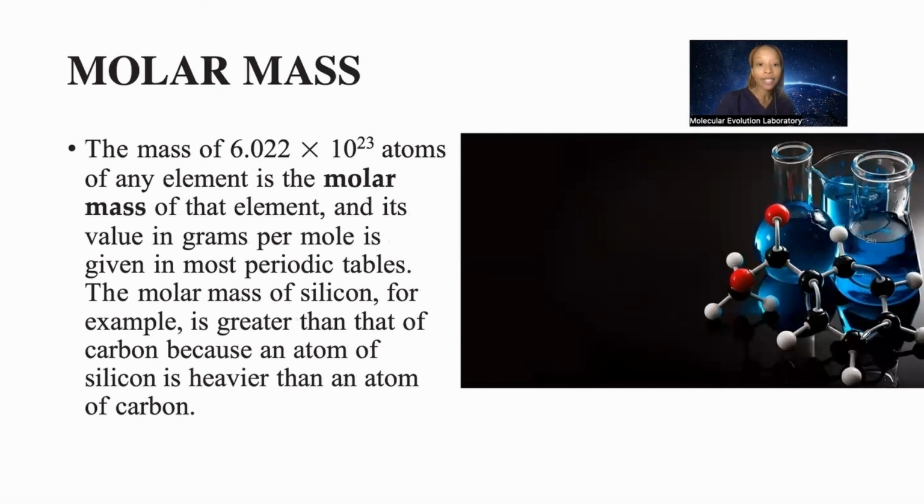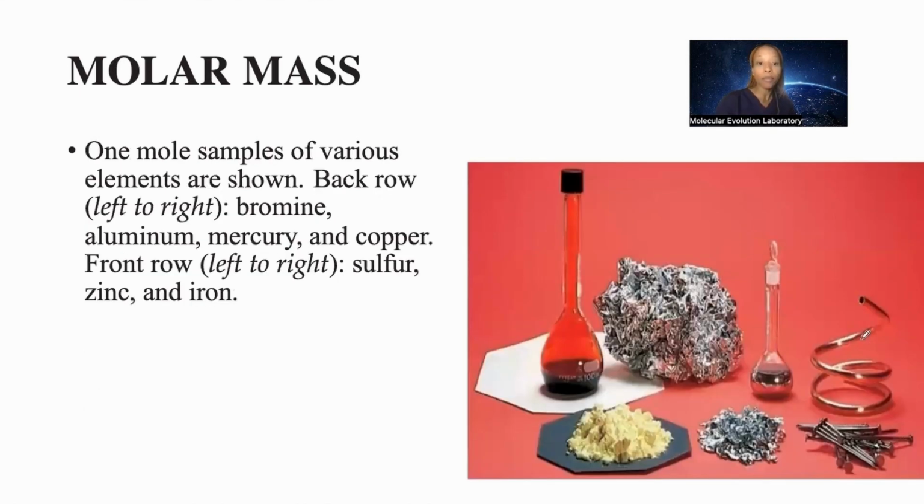So the mass of 6.02 times 10 to the 23 atoms of an element is the molar mass of that element. Its value, in grams per mole, is given in most periodic tables. The molar mass of silicon, for example, is greater than that of carbon because an atom of silicon is heavier than an atom of carbon. One mole samples of various elements are shown left to right: bromine, aluminum, mercury, copper, sulfur,